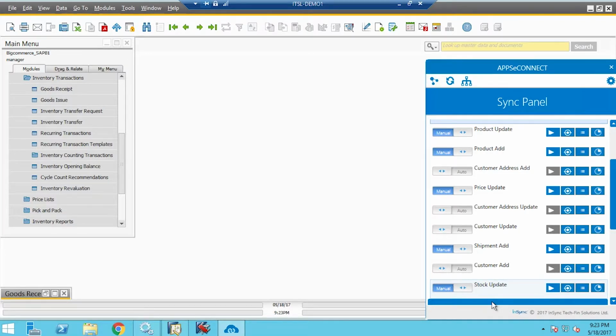once the process is set under the automatic trigger mode, every time you update a new stock, you do not need to manually open the APPSeCONNECT agent and click on this download button. If you set your process under automatic trigger mode, then all your stock or quantity would automatically get exchanged under your BigCommerce product quantity section. That is why you should choose the stock update process within the automatic trigger mode, because